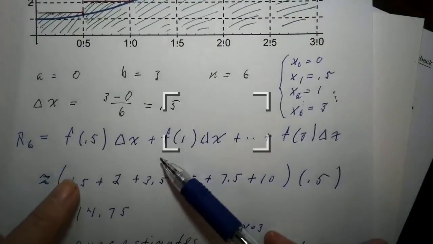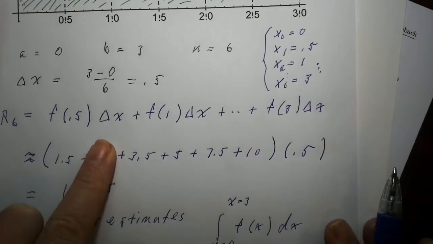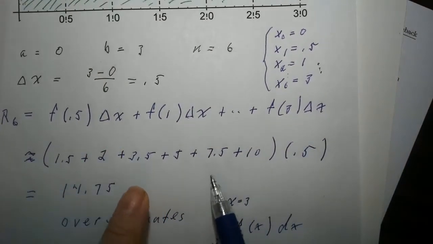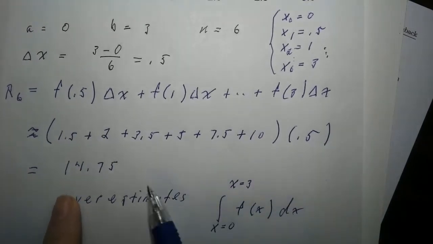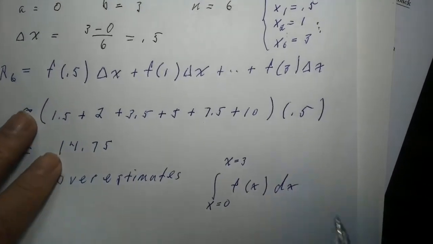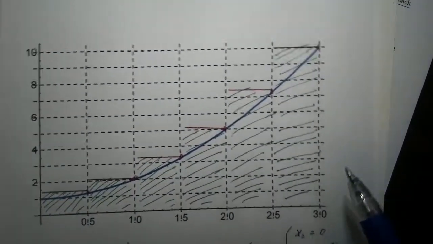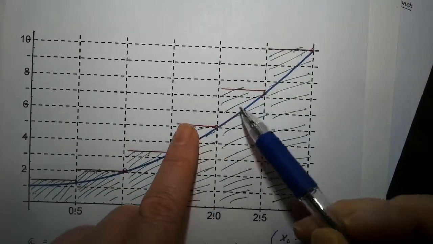So I take each of those heights, and I'm going to multiply each of them by delta x, which is 0.5, and add them together, but I might as well just add them and multiply by 0.5 at the end. And if I do so, I get 14.75. And this is actually an overestimate of the true area, because each of these rectangles is including a little bit